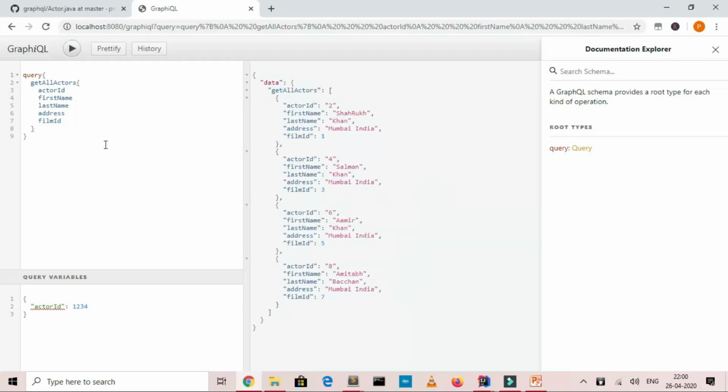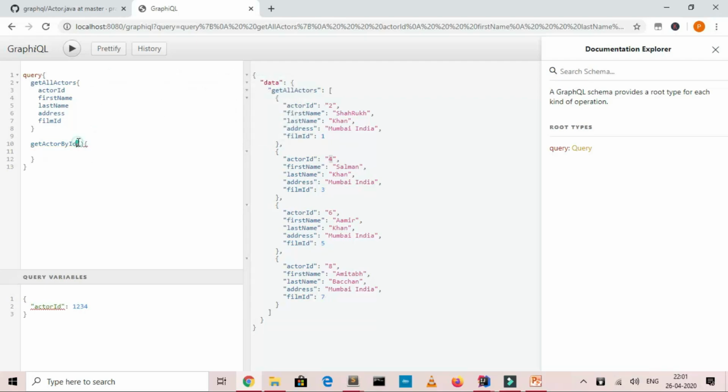Now we should see one more query, and this is the power of GraphQL. In the same query I can call multiple endpoints. You can think of them as different endpoints from the Java or REST world, where you cannot call them in a single query. Here I can combine those and fetch the data. In the first one I'm getting all the actors. Now suppose I want the actor